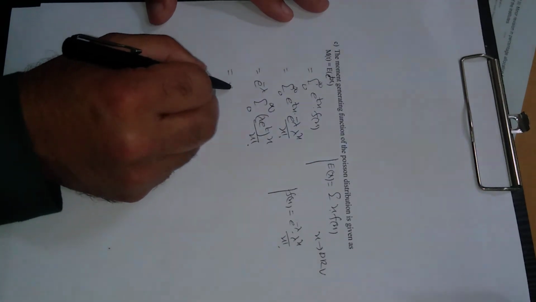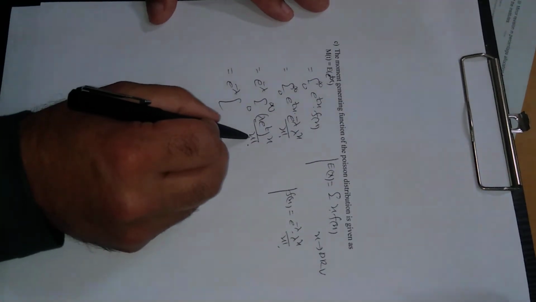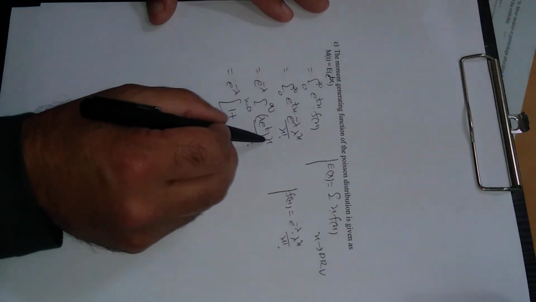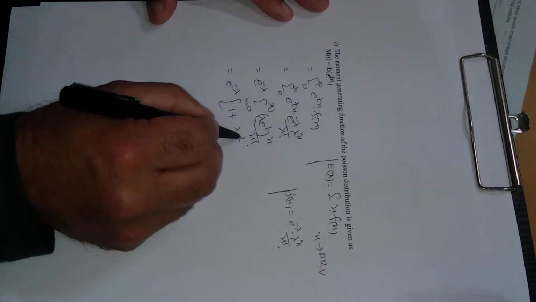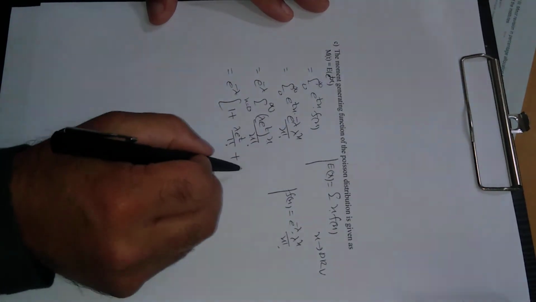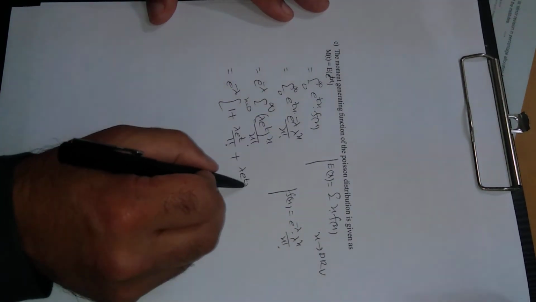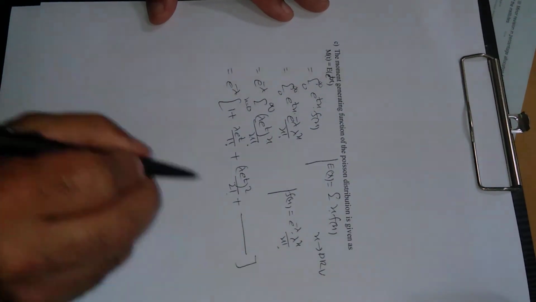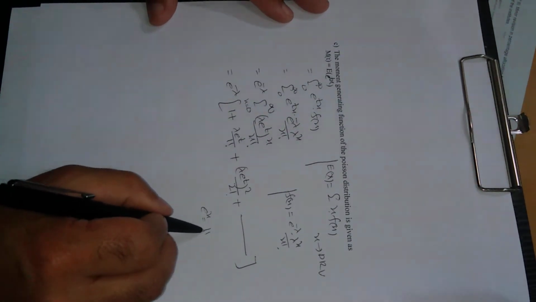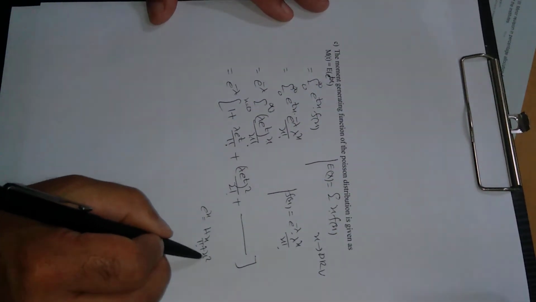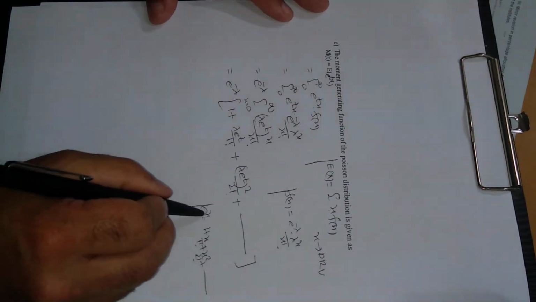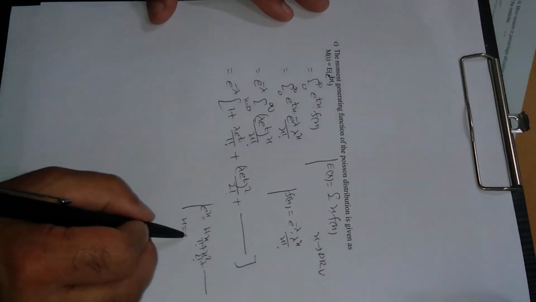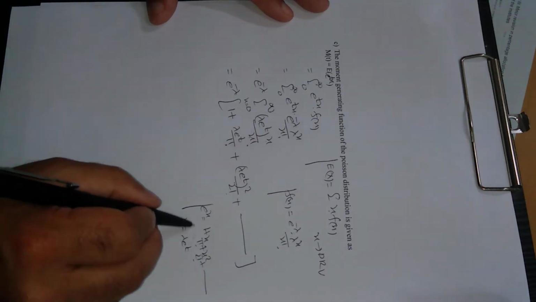Now open this exponential series. First term will be 1, next x is 1, and this will be lambda e raised to power t upon 1 factorial. Put x is equal to 2, this will be lambda e power t square upon 2 factorial. Next, continue. This is an exponential series, we know this result: e power x is 1 plus x upon 1 factorial, x square upon 2 factorial, plus so on. This is exponential in x and this is exponential in lambda e power t. It means x in this case is lambda e raised to power t.